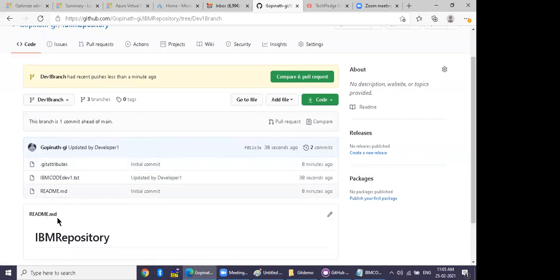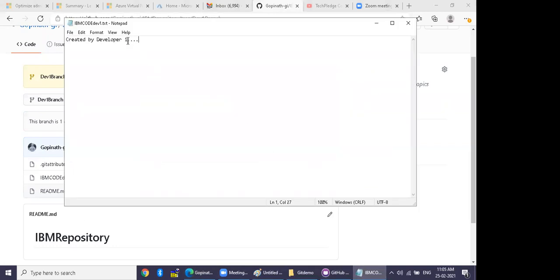Now maybe you can save the same file with different code and put it in dev2. Save as, and this time go to dev2.